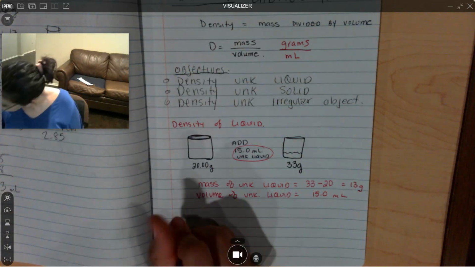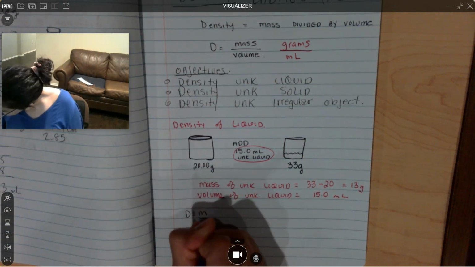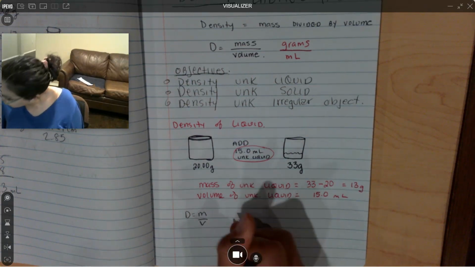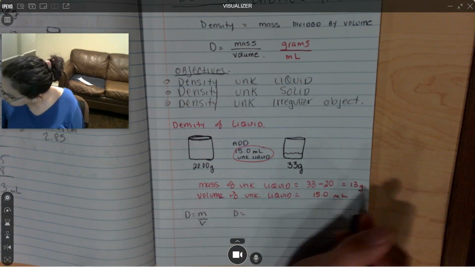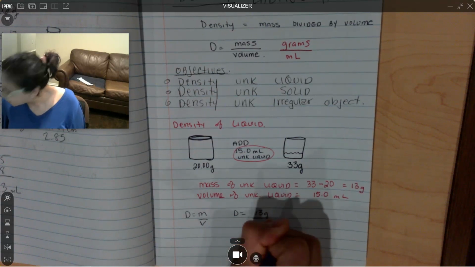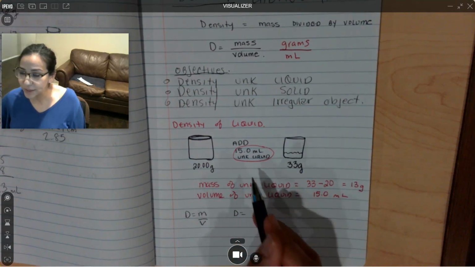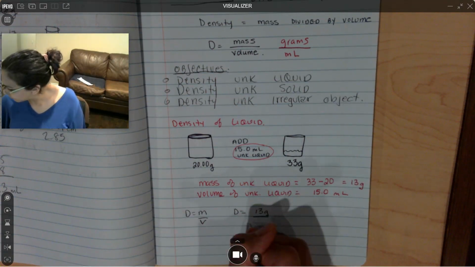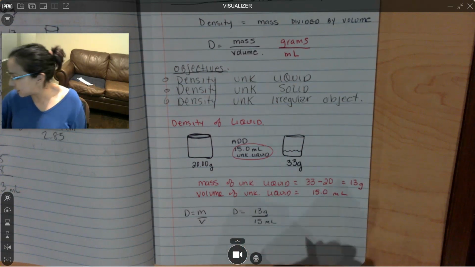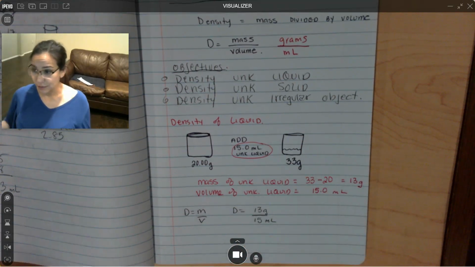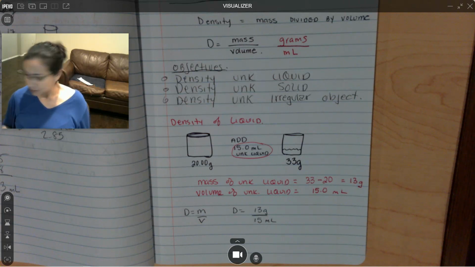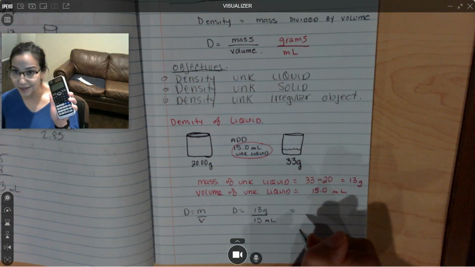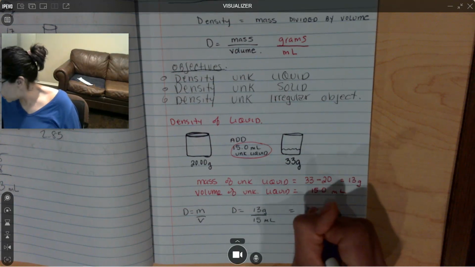So how do we calculate the density? Density is mass divided by volume. So density is going to be equal to my 13 grams divided by the amount of volume I used. I was specific with this volume: I used a volumetric pipette and put 15 milliliters in there. Some of you are probably smart and could do that in your heads. I can't. I use a handy dandy calculator